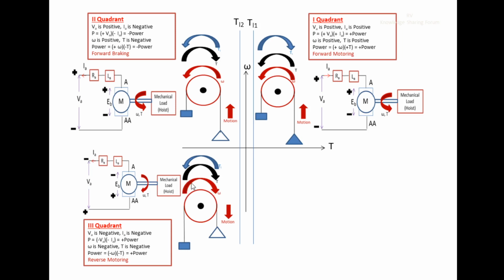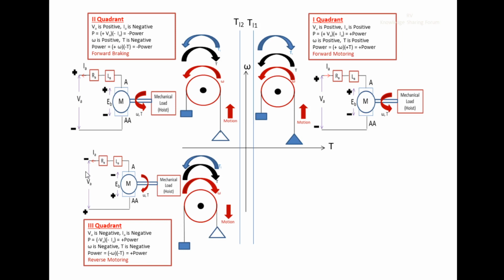So now we are achieving this speed reversal by means of reversing the polarity of the voltage, hence it is reversed. Now we require the torque in the clockwise direction. So for clockwise direction, here also it is motoring. So the current has to flow from source to the load. See here, it is negative and it comes through the positive and it reaches the motor, and this electrical energy will be converted into mechanical energy, and a mechanical motoring torque will be provided by this electric motor to this mechanical load, the hoist. Therefore this empty cage can be moved downwards.